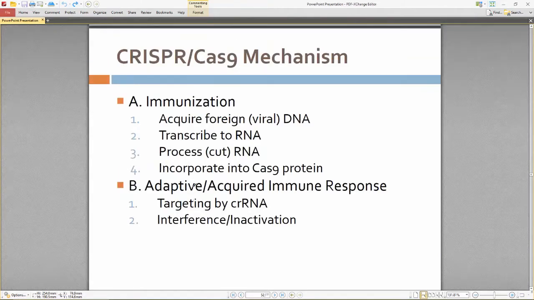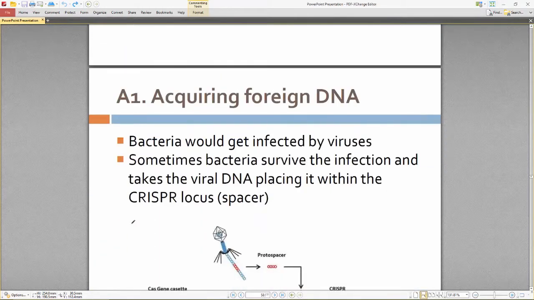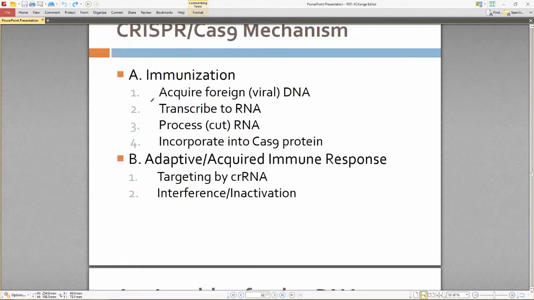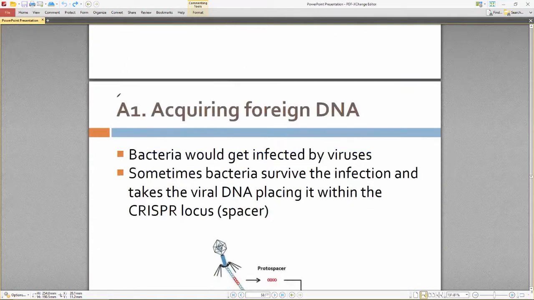So, there is a mechanism to how CRISPR-Cas9 works. It's basically separated into two large steps. Step 1, immunization. Step 2 is the adaptive or acquired immune response. I guess A and B works better because there's numbering between A and B too. All right. A1, acquiring foreign DNA. A is all going to be immunization, and the first step is acquiring